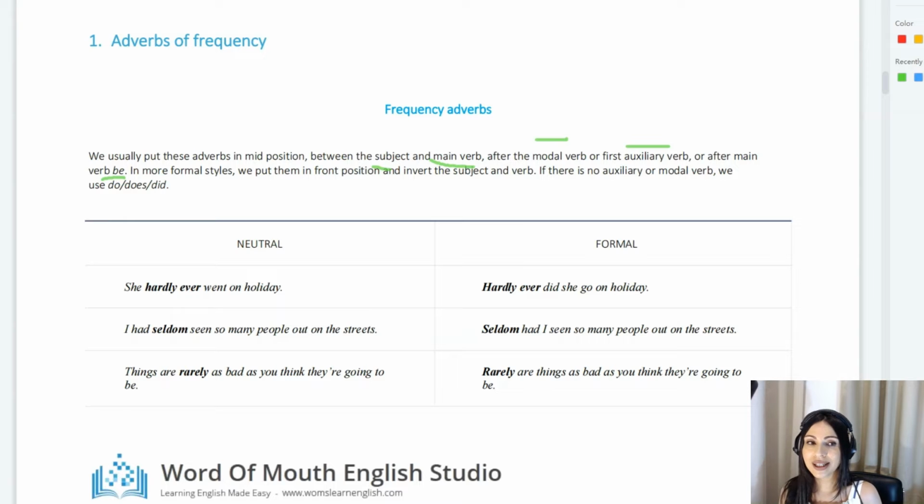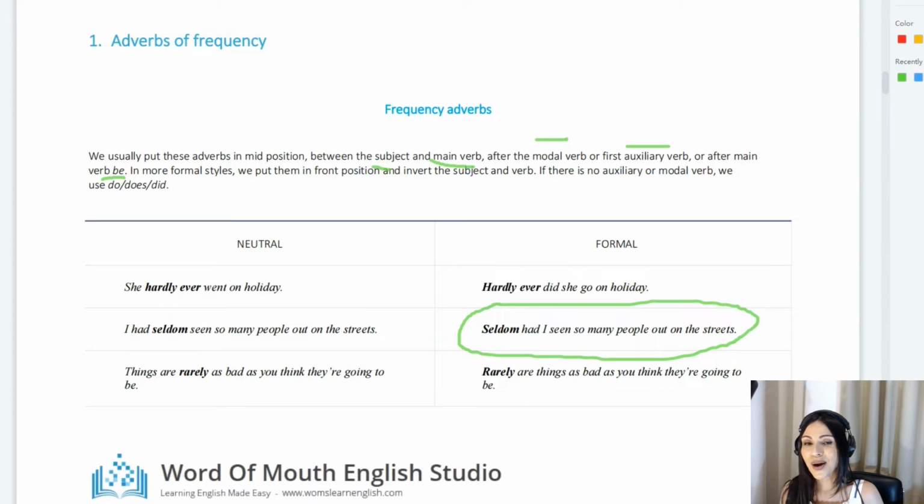Now, in more formal English, we put these frequency adverbs in front position, okay, at the beginning of a sentence, okay, and then we can invert the subject and the verb, okay. So this is an example of B1-C1 and C2 inversion, we call it, where the subject and verb are reversed. Okay, so seldom had I seen so many people out on the streets is more advanced and proficient, because we